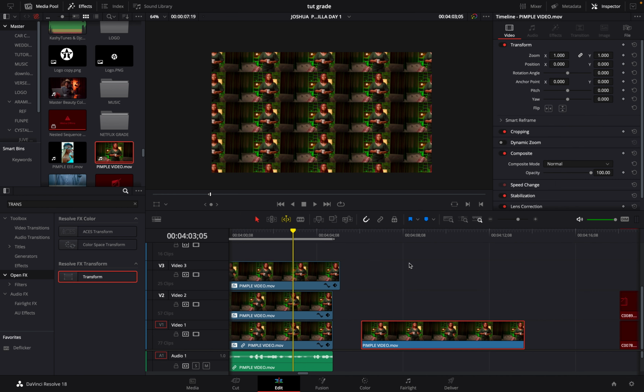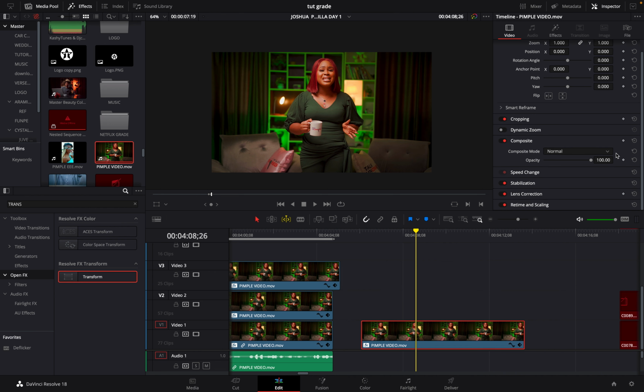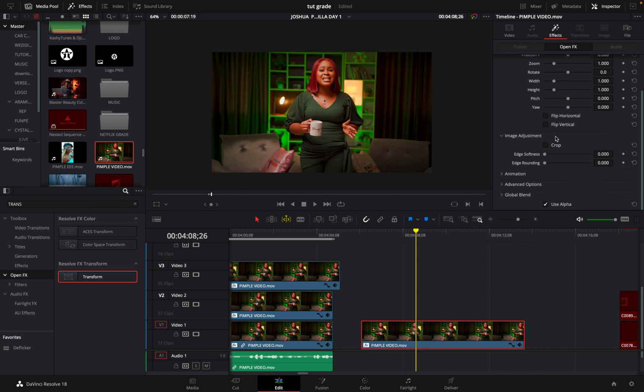And the next option that I know you guys have been waiting for is going to be done with this same effect called transform. If you want this rounded corner, especially if you have always been seeing it in videos, for reels, for whatever videos you want to use it for, maybe short content, you can always just come to your transform, drag and drop the effect tool on it, and then from your effect panel control, you're going to come to image